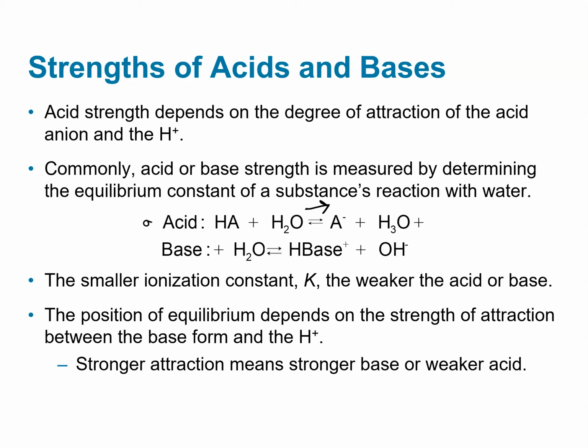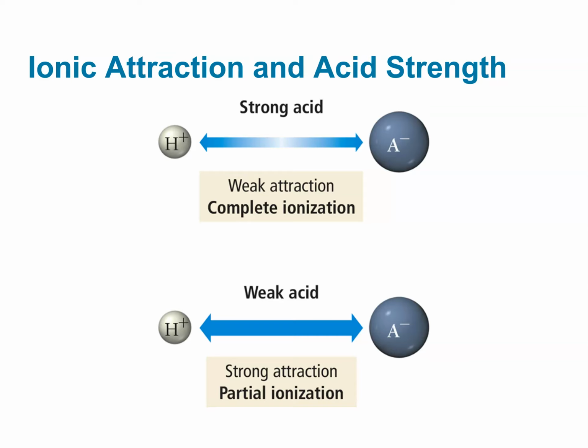So small ionization constants, K, for these reactions describe weaker acids or bases. Large ionization constants describe stronger acids or bases for the reactions as drawn, of course. So this is what I was discussing with that attraction. For the case of strong acids